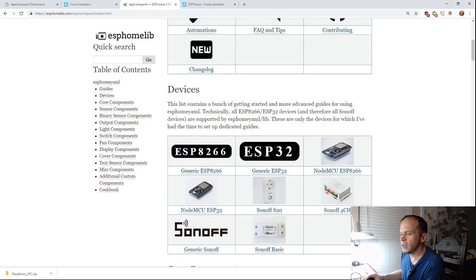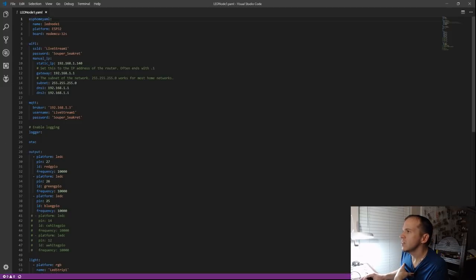So first, what you have to do is, I found you had to put the board in, and I did have an issue with the board. I had to find one. I used this board, ESP32 Node MCU 32S. The little wizard does all the Wi-Fi and the SSID and the password.